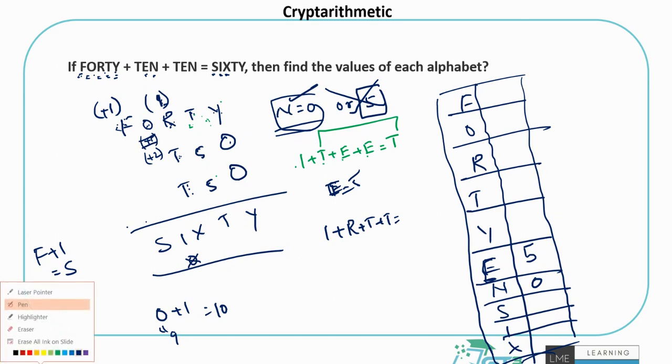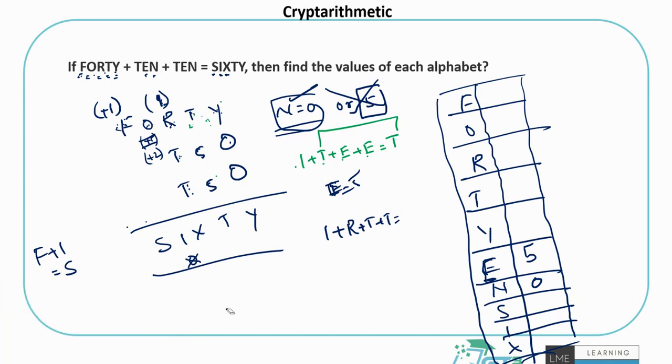If o is equal to 9, I'll just repeat it again for you to understand with the numbers directly. If o is 9, that's the largest possible value of the digits, right? I take 1 carried forward in this story, right? 1 plus r plus t, let's say it is like 13, 15, 16, something in 10 to 19. So if 1 is carried forward, 9 plus 1 will be 10. That means I should be equal to 0 with 1 carried forward, but I can't be 0 because n is already 0.